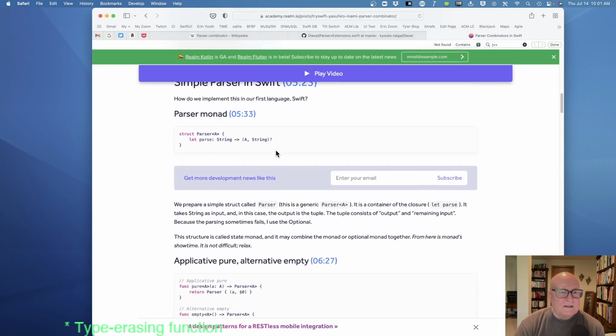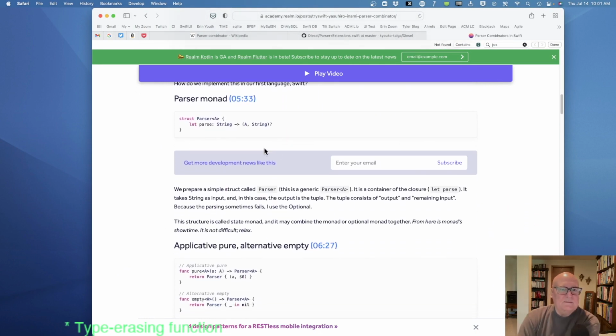So this should all kind of be simple or familiar at this point. So we got a parser. It takes, in his case, a string to result type and a string, and he made it optional. So if it fails, it's going to be nil, and if it succeeds, it'll give us the element we parsed and the rest of the string.